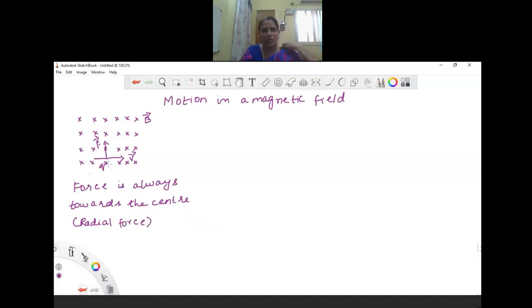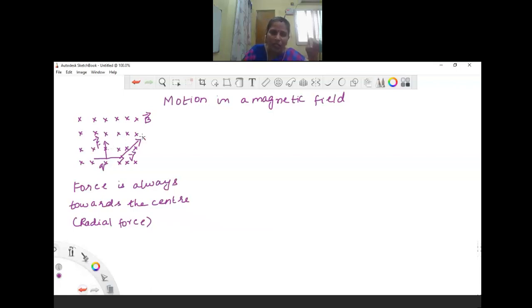But look at this here, children. This is the charge, right? So actually, the charge will always move in a straight line. But here, in the presence of a magnetic field, the charge should move along this direction only. But because of the presence of this magnetic force, the direction of the charge will change continuously. So the charge's direction will change like this, because of the existence of this magnetic force.